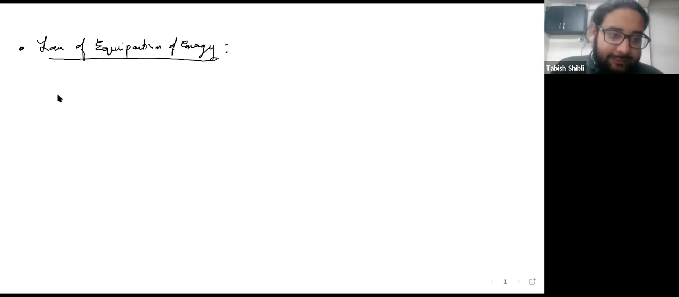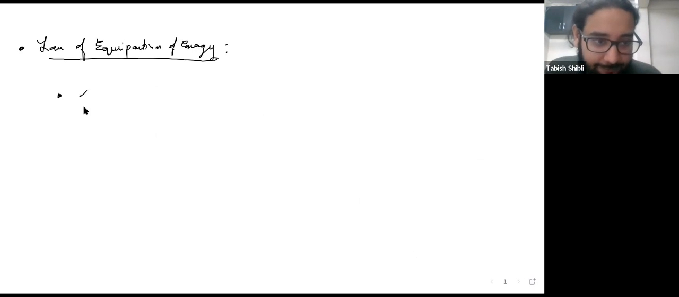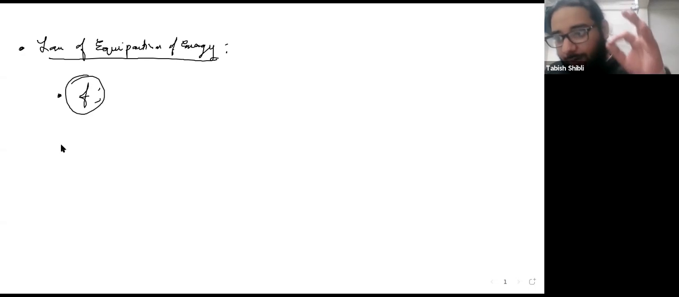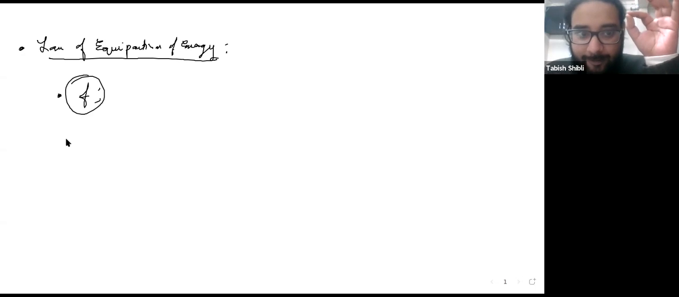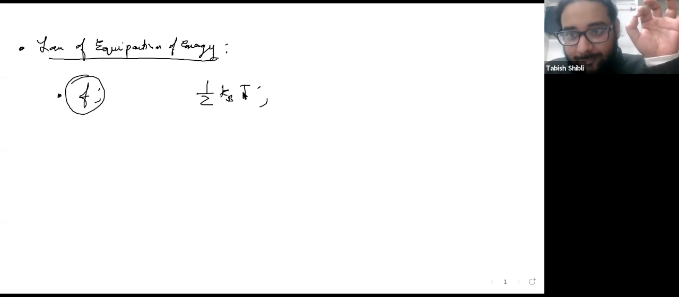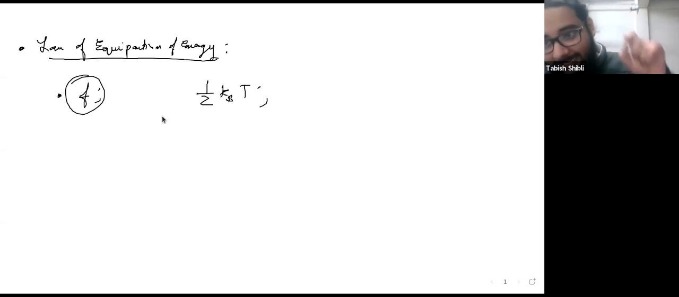This law says कि जितने हमारे डिग्रीज ऑफ फ्रीडम है, हर एक डिग्री ऑफ फ्रीडम में एक फिक्स अमाउंट ऑफ एनर्जी जा सकती है, डिपेंडिंग ऑन द टेम्परेचर। व्हाट इज दैट फिक्स अमाउंट ऑफ एनर्जी? दैट इज half k_B T. हर एक डिग्री ऑफ फ्रीडम में half k_B T एनर्जी जाएगी। This will be true for both kinetic cases and potential energy cases. इसका क्या मतलब हुआ? ये थोड़ा कंफ्यूजिंग हो गया।